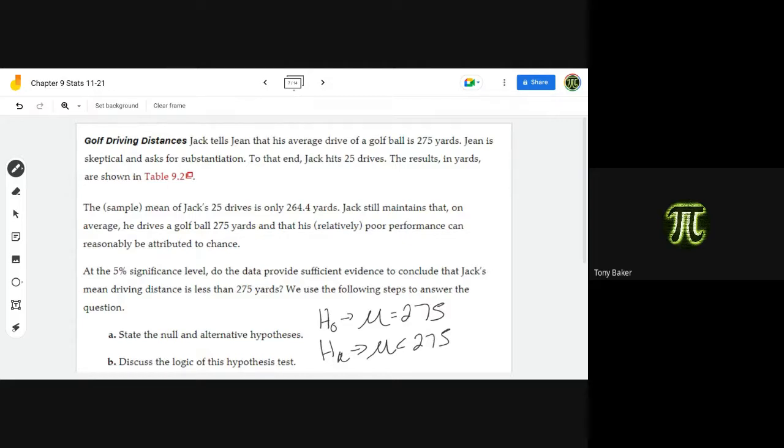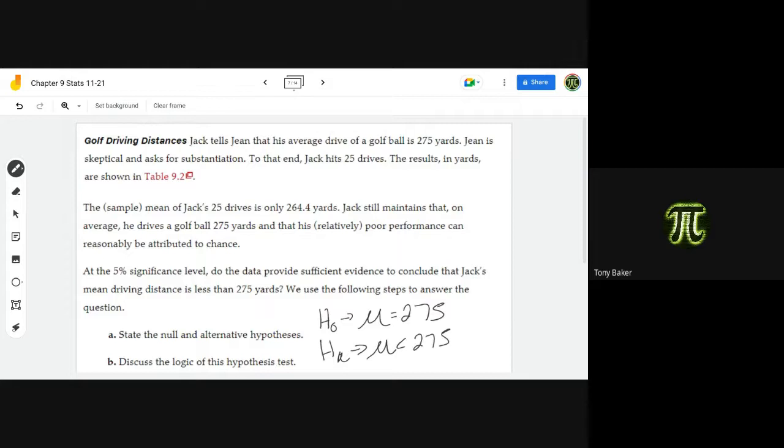So sometimes you've got to look at what's going on to figure out what the alternate hypothesis is. So what could be going on? In this case, it's going to be less than it, which means this is a what tail test? A left. We're looking at a left tail test. Okay. All right. So the next question is,